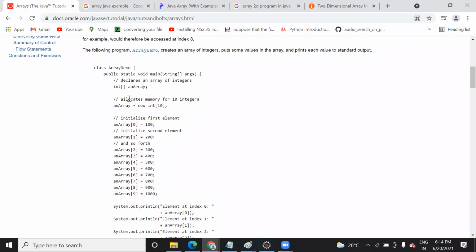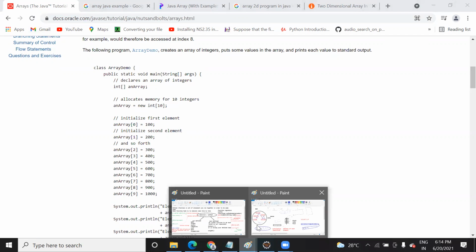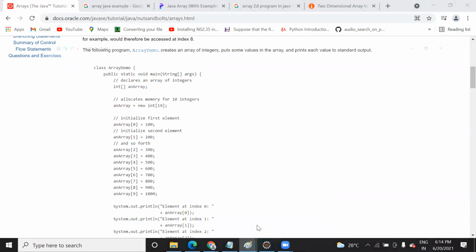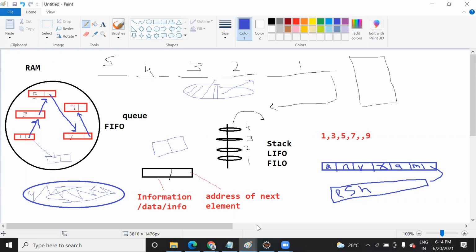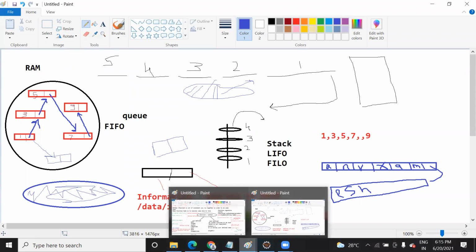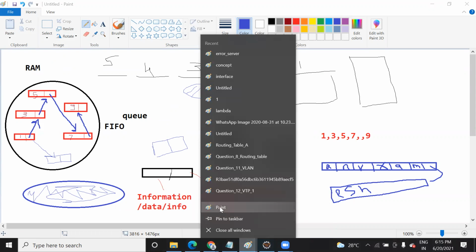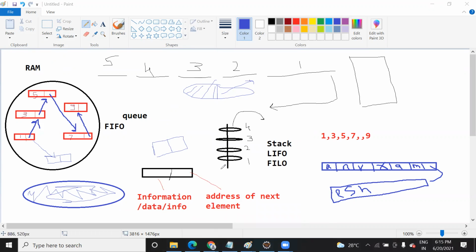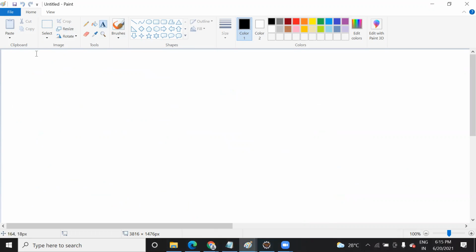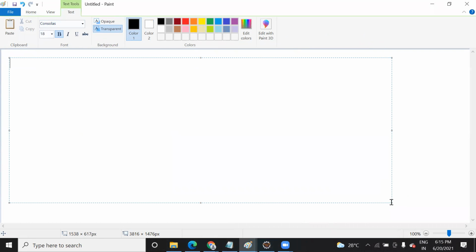So here you can see this is the program. Now just read the question they ask you. There are a few things that you need to keep in mind before writing the questions, or before solving the programs. Let's see how you are going to solve it. If any question is given to you, the first thing you see is what kind of data they are talking about, like what data types they are talking about.